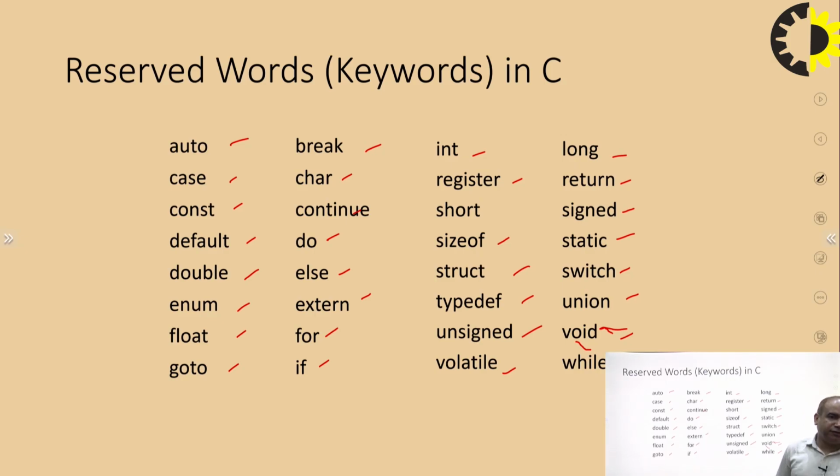All these keywords are used in C, and most important thing, these are written in small case. We can't use them as a variable name or anything else. Their meaning is already defined by the C compiler. Next,